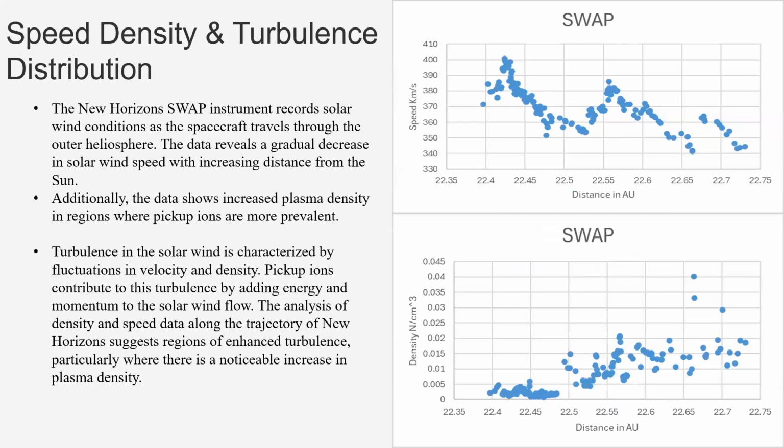So the speed, density and turbulence distribution as the New Horizons SWAP instrument records solar wind conditions as the spacecraft travels through the outer heliosphere. The data reveals a gradual decrease in solar wind speed with the increasing distance from the sun. Additionally, the data